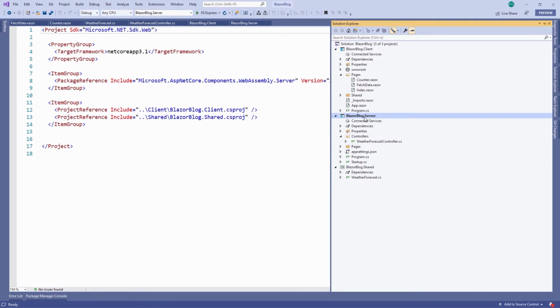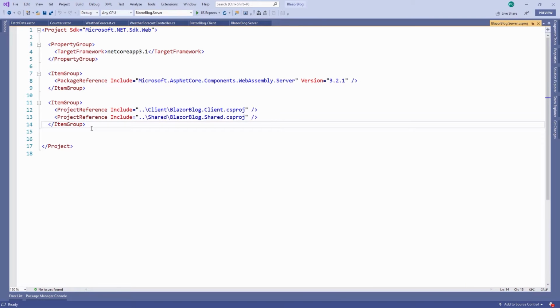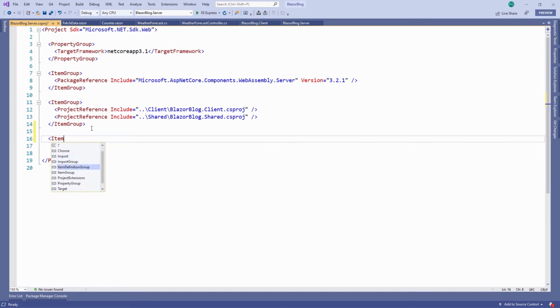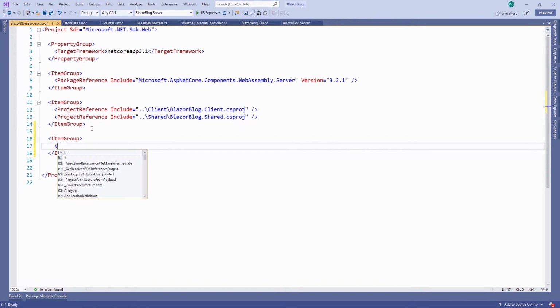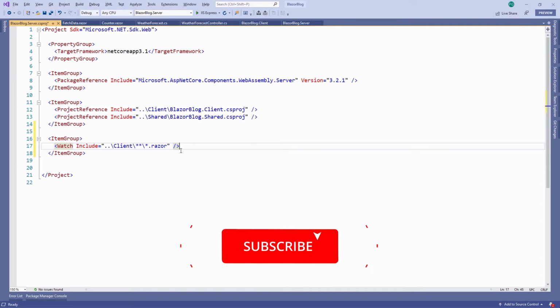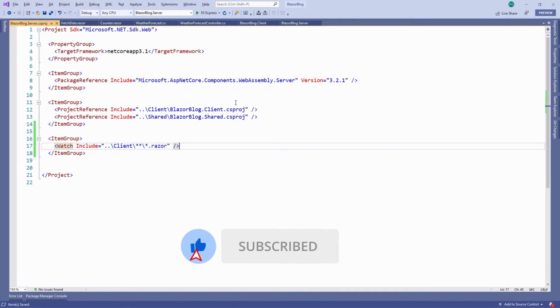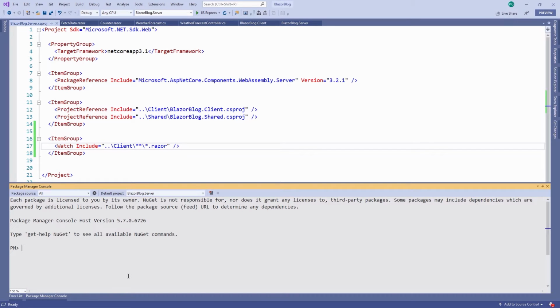So what we can do is we just include the client project for that. And we can do that by adding another item group like that. And then we say watch includes, and then we go a folder up and say client, and then Razor, because in essence the client code are the Razor components. So now I save this, and now what I can do is I first have to go to the correct directory,